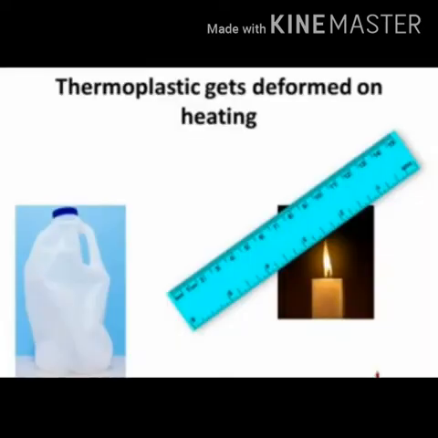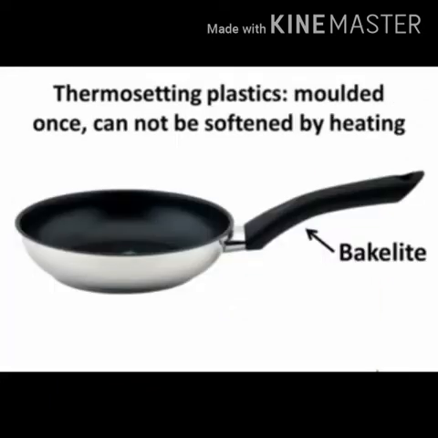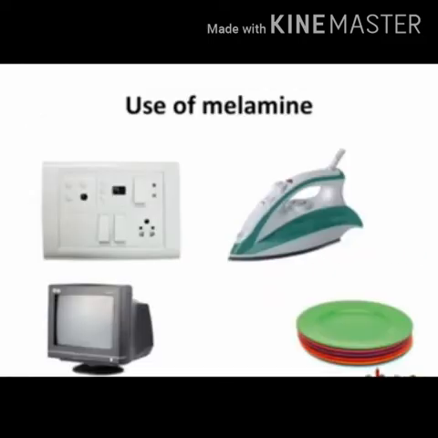Thermoplastics get deformed on heating. If you pour hot water into a thermosetting plastic bottle, the bottle retains its shape. So thermosetting plastic, once molded, cannot be softened by heating. Example, bakelite. And as for the uses of melamine, it is a poor conductor, so it is used in the electrical